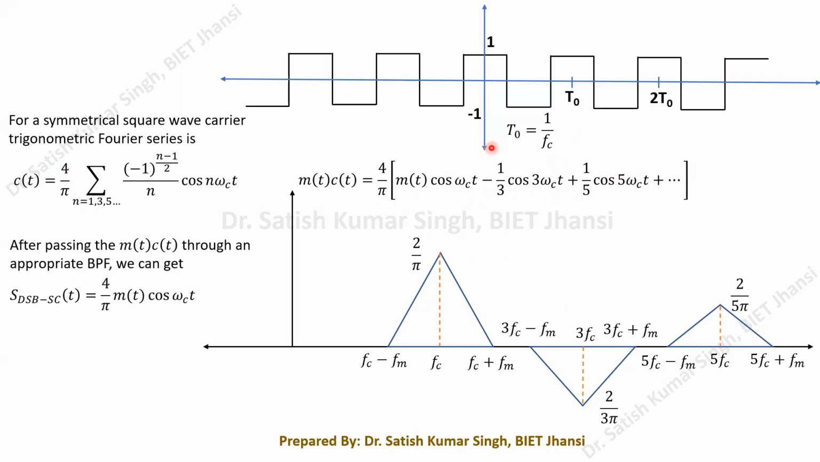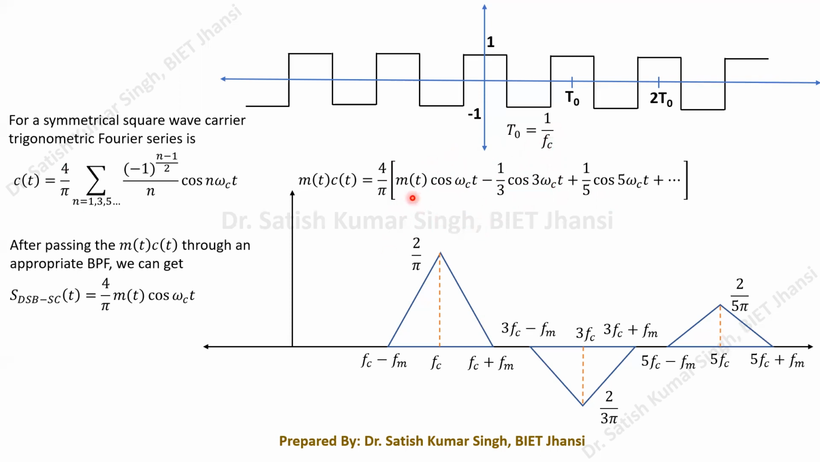From this equation itself, what we can observe is, if you apply the modulation property, the first component is nothing but m(t) multiplied with cos 2 pi fct, that is 4 upon pi m(t) cos 2 pi fct. Then the next term is 4 upon 3 pi cos 3 omega ct, and so on. So if you try to calculate the Fourier transform, we have